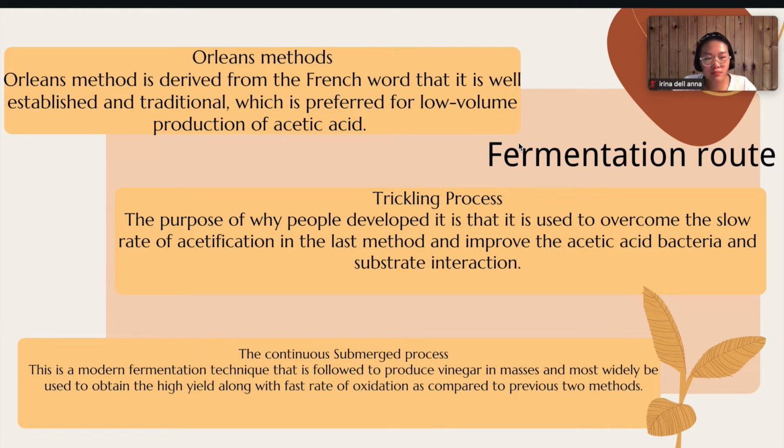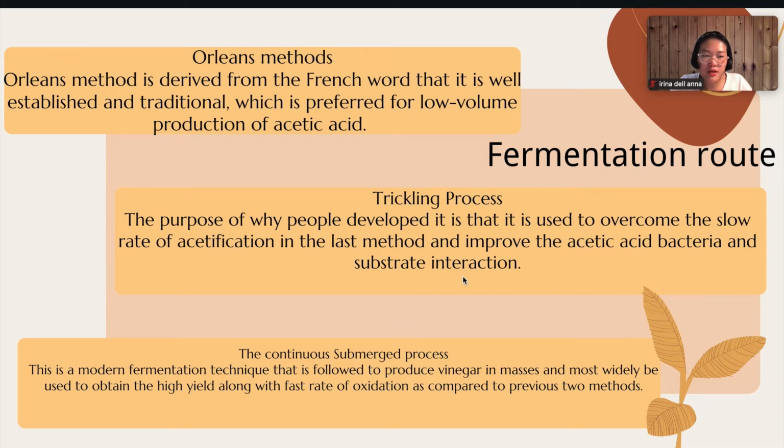One example of this method is the traditional vinegar from Spain, Greece, and even Italy. For this method, the purpose of why people developed it is to overcome the slow rate of acidification in the last method and improve the acetic acid material and the